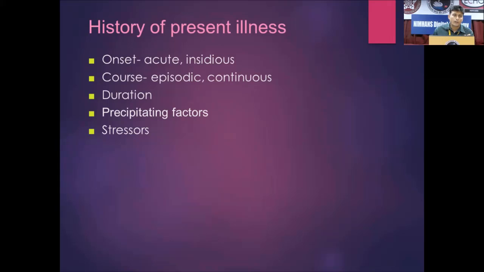For example, a person has an onset of psychiatric illness. He has come to a hospital, he has got admitted, and then he's free of symptoms now. And then he goes back to his life and starts functioning again, and he's functioning like before. So that means to say this person has reached a pre-morbid level of functioning. So that is called an episodic course wherein the person reaches the premorbid level of functioning, usually seen in mood